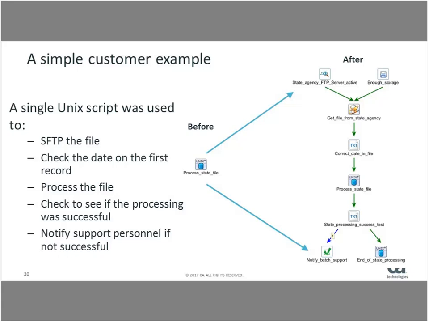So the idea here is that the operations people who are monitoring know what's going on, and the batch support people, should something go wrong, can hone in on the direct component, the direct service that has the problem, so it gets routed to the right support people quicker than having to look through a long log file, standard error and standard out, to find out exactly which part had the problem in it.